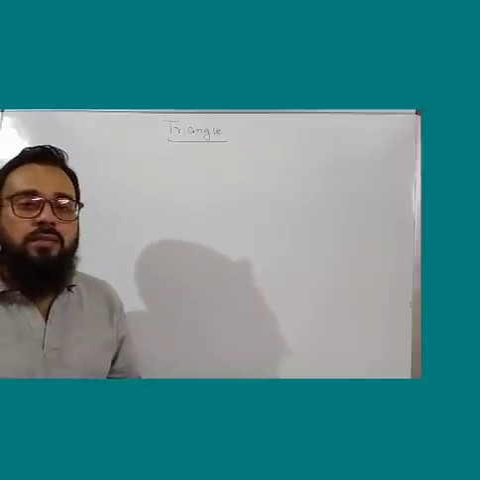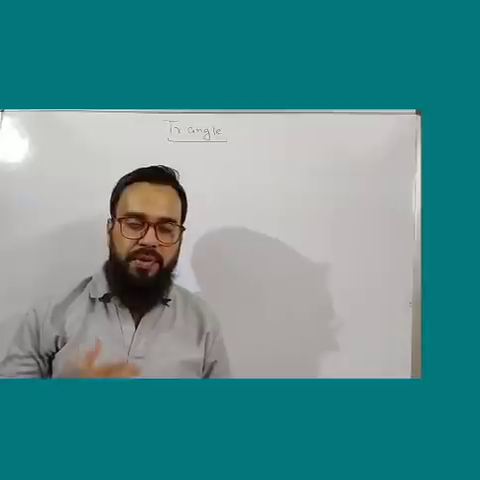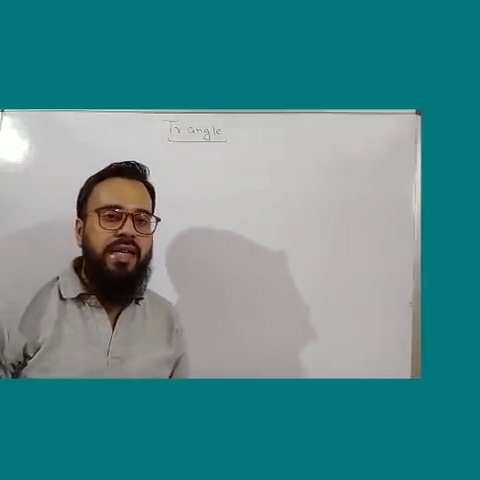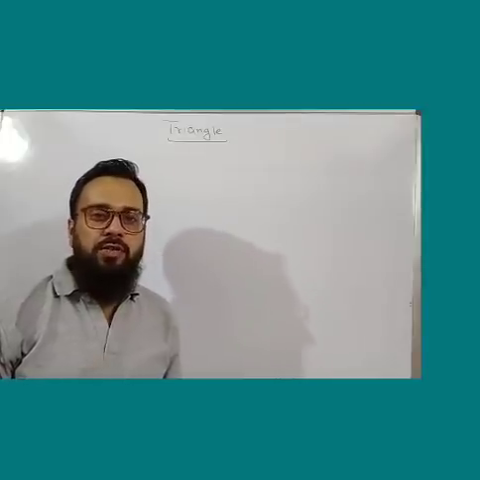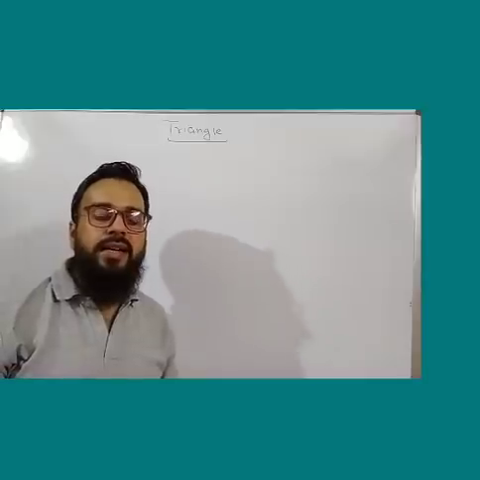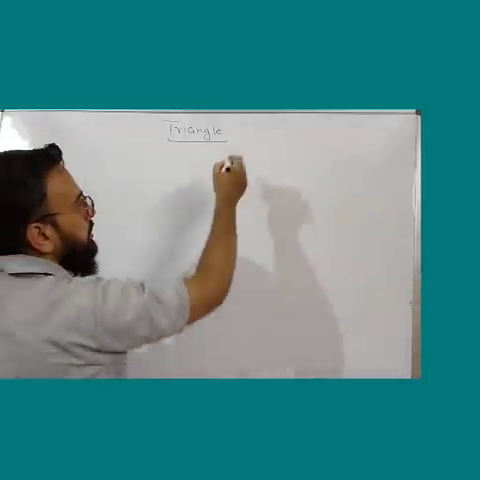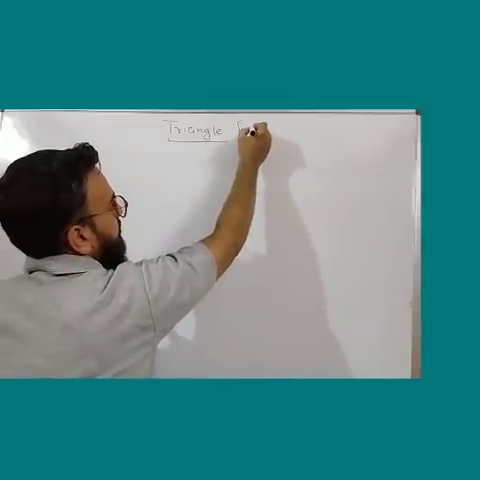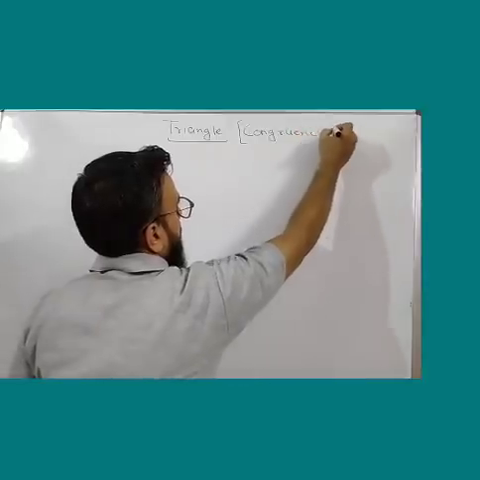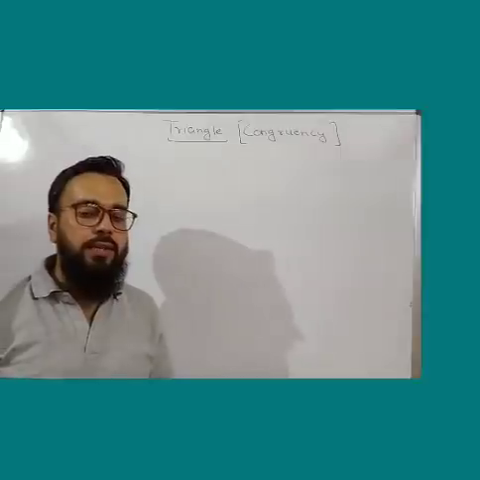We have already discussed lines and angles and basic properties of triangles in our previous chapters. In the chapter on lines and angles, we studied different types of angles and various properties of angles, and we also studied different types of triangles and some properties based on triangles. Now this chapter is about the most important part of triangles, that is called congruency. So this chapter is concerned with the congruency of triangles.